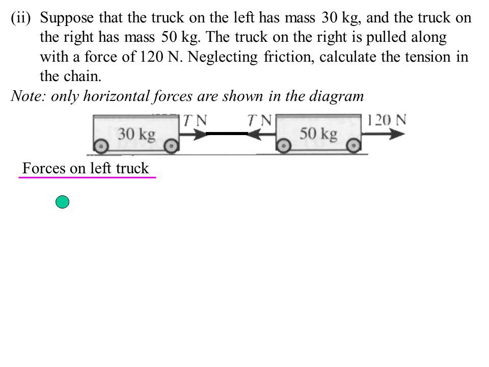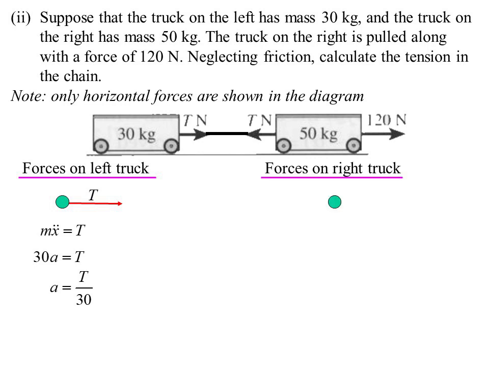On the left truck, we have tension pulling it this way. Tension acts away from the object. So tension is going away from the truck on the left, so it's going to the right. But that's the only thing that's happening because we said forget friction. So the resultant force on the truck here is simply T, whatever the tension is. Now it's going to be 30a because force is mass times acceleration. So I now know the acceleration of this truck is whatever the tension is divided by 30.